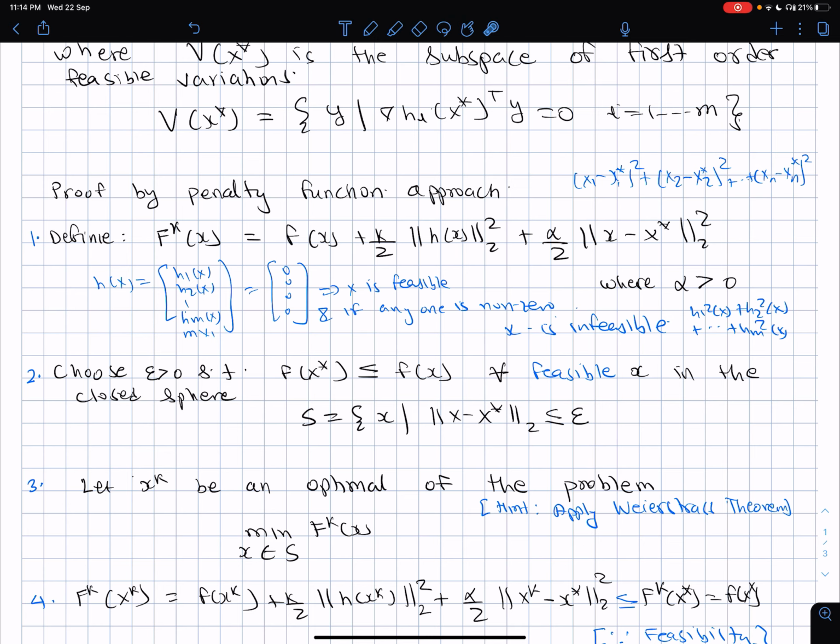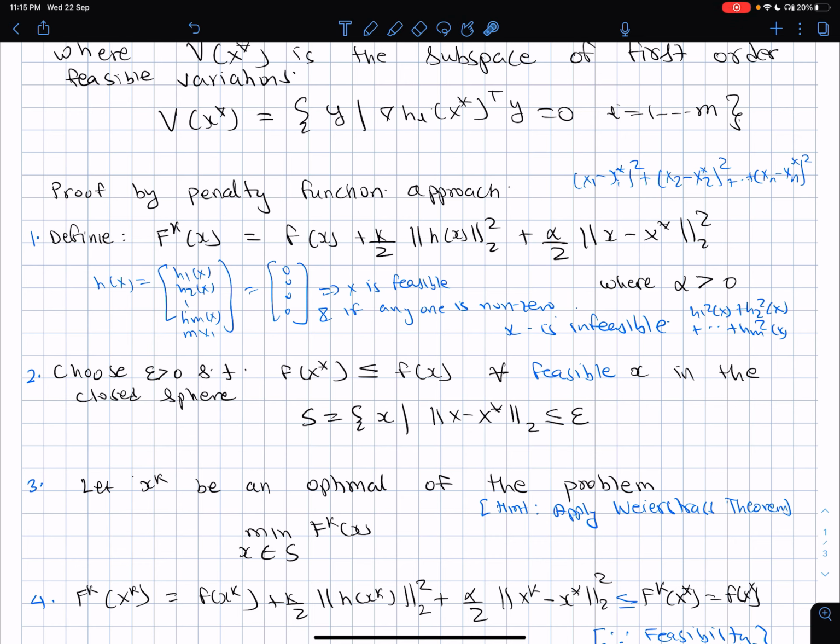If I don't put this penalty term here, chances are that I will be able to derive something, but I may not be able to say that the limiting point of xk, k tending to infinity, is x star. It may just arbitrarily go to some other feasible point, in which case my proof will get stuck. So I can keep alpha as small as I want, greater than 0. In the limit alpha tending to 0, my proof will again be valid.